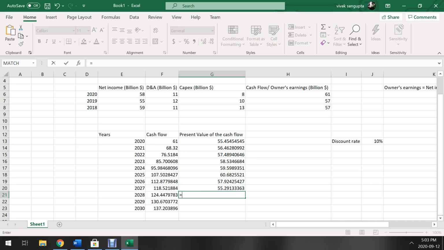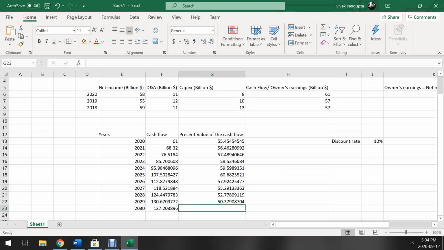You can do it for 5 years too, but I like to see the full picture of like in 10 years, right? 1.1 power 9, and this will be this one divided by 1.1 power 10. Oh, sorry, 10. And this will be 1.1 power 11. Okay, so that's all the cash that Apple is going to produce in the next 10 years discounted to present